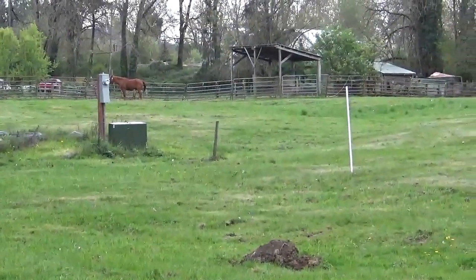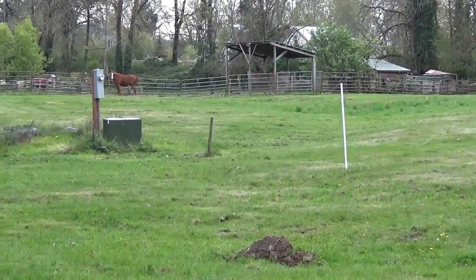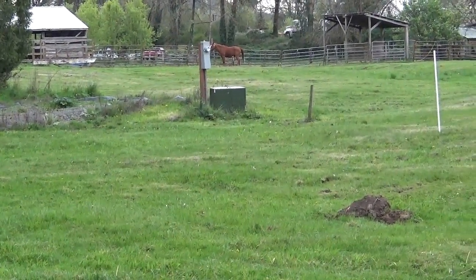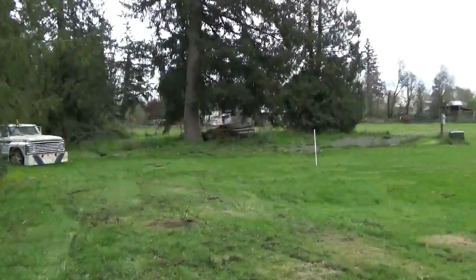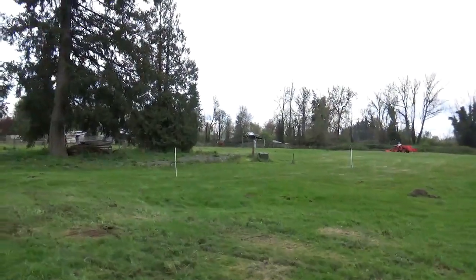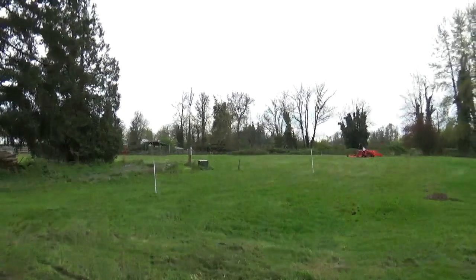I guess that would be the southeast corner of the building. That white post is right there. So I can move it to the left 20 feet, but I don't want to move it 20 feet. I'm hoping I can get by with 10 or 15 or something, because I don't want it too close to the driveway. See how close this post right here is to where the driveway is going to sweep around that tree. I don't want to have the building right up against the driveway. I want at least 5-10 feet of clearance there, more if I can get it. So I guess the best thing to do,